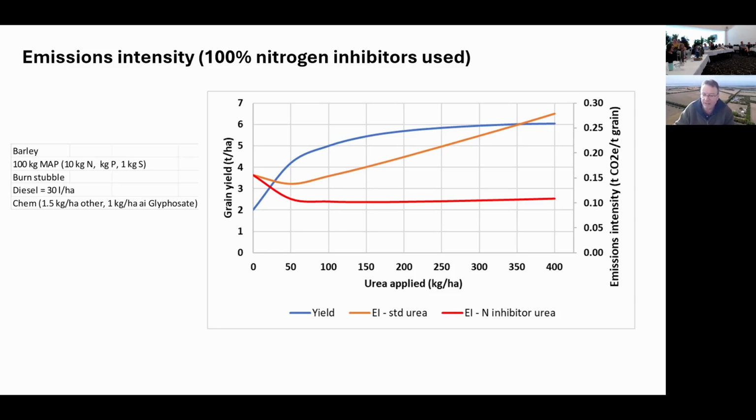So urea in the calculators is really in the gun. The studies that have been done and the settled, embedded emissions associated with these products are all referenced in the calculators. So if you really wanted to go back and find them all, they're all referenced in studies. I'm surprised that the difference is that great, but it is. So one way, if you want to just have a play with it, you can change the calculator and it makes a big difference if you're using more non-urea based nitrogen.